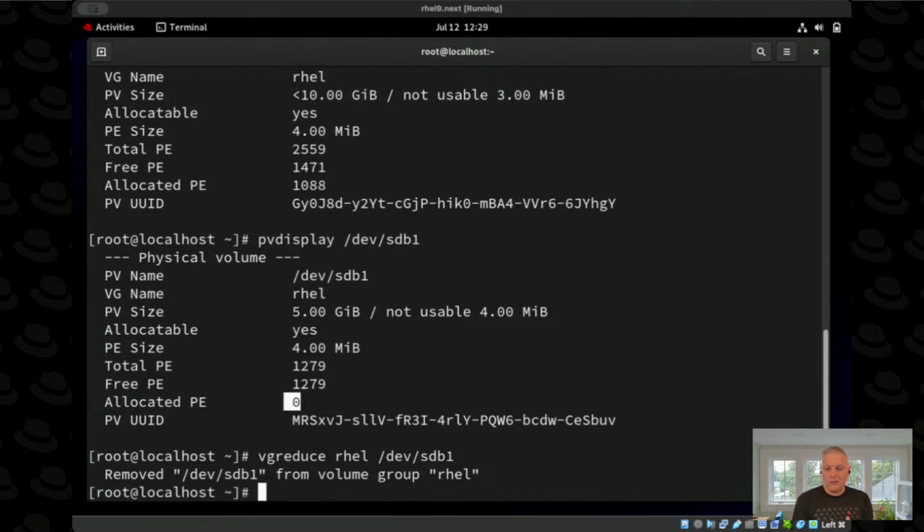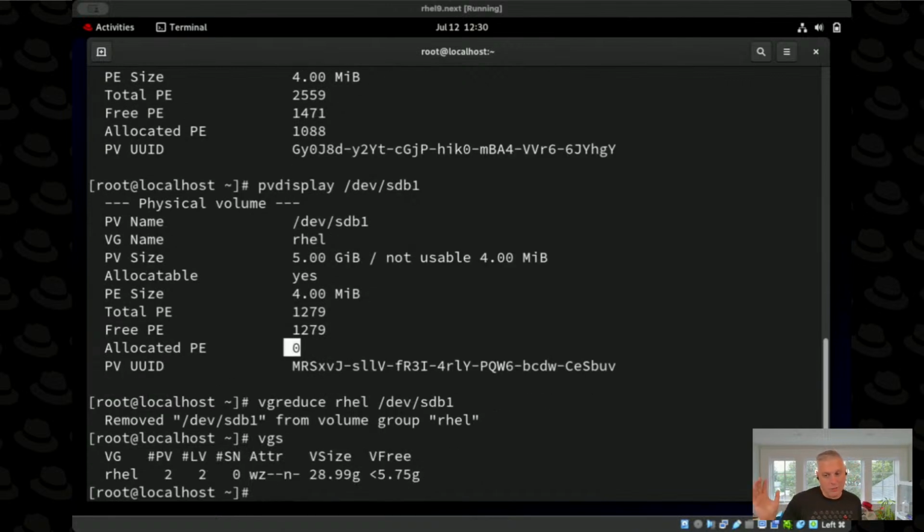All right, so when I look at the volume group after I've removed this device, I should see that it has roughly 5 gig less space. So if I do a vgs, so we were at 33 gig, or maybe 34 gig, and now we're down at 29 gig, right? So that 5 gig of space was removed. And if I do a pvdisplay